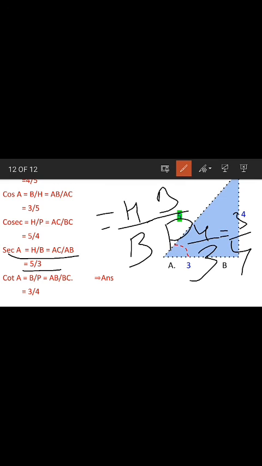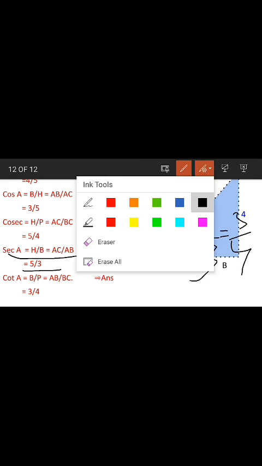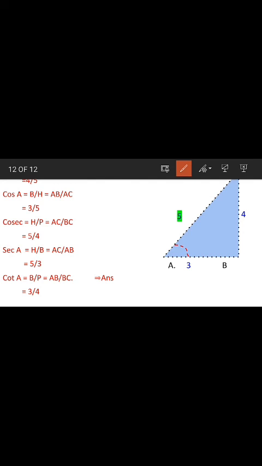So you can calculate it in the first scenario, or you can take it to the last step. Here I take it to the last step because I have to show you how to calculate the hypotenuse and how it is useful. That's why I am solving it last. But if you are ever given a tangent, you can calculate it in the first step also. So cot A is the reciprocal of tangent, that is base upon perpendicular, that is AB upon BC, and that is going to be 3/4.